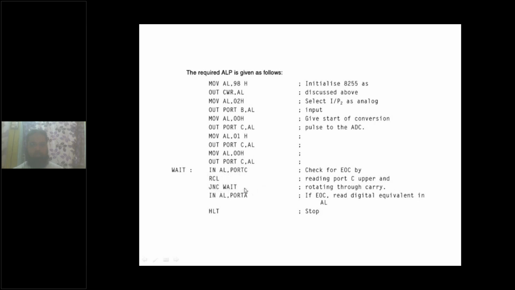In order to check that, I have to take these three instructions. Once the 8086 processor gets the EOC signal, it comes out of the loop, which means the digital signal is available at port A, and port A will be read by the processor to get the digital output in AL. So this is the process that is followed.